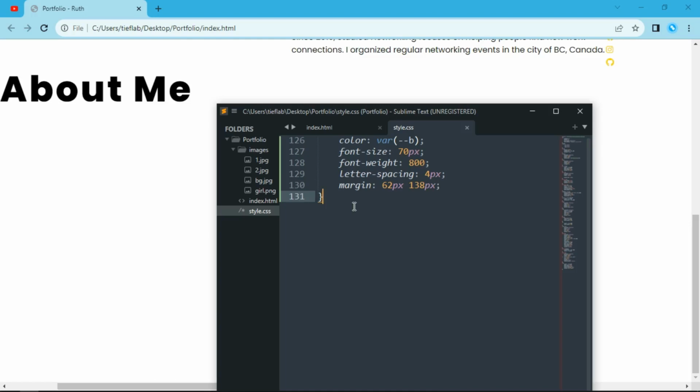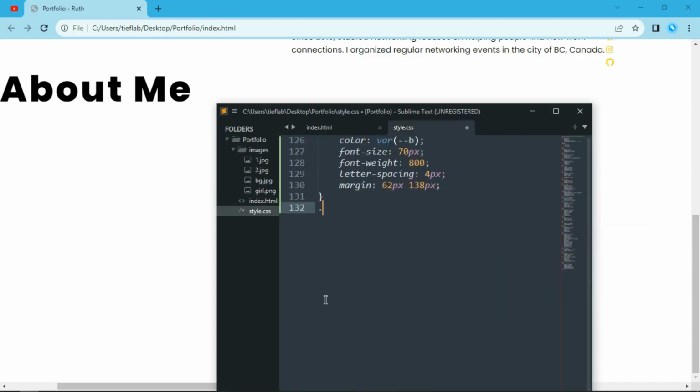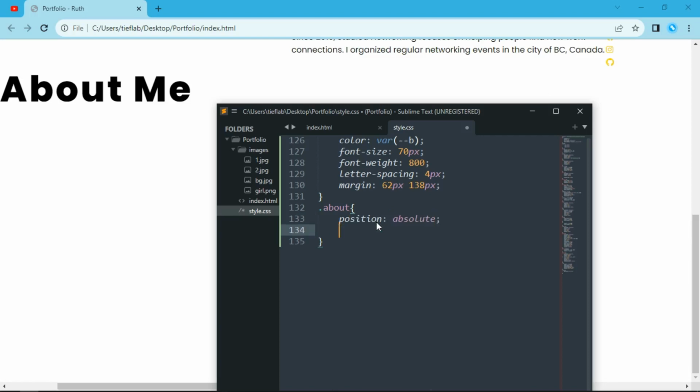And the point about the section here is going to be position absolute, and